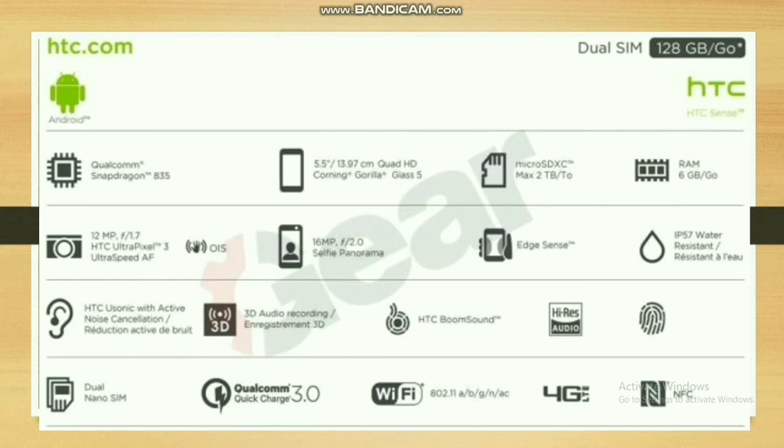The charger, Qualcomm Quick Charge 3, is there, HTC Sonic with active noise cancellation reduction built in, dual nano SIM. That means the phone is able to occupy 2 SIMs, and Wi-Fi is available, 4G LTE. Such technologies are available on HTC's